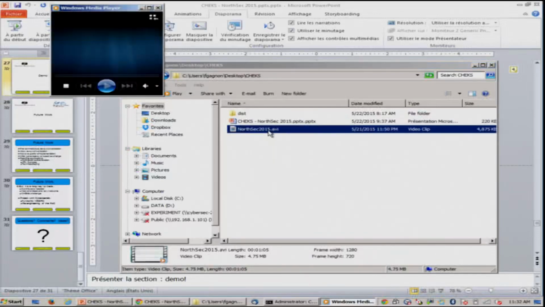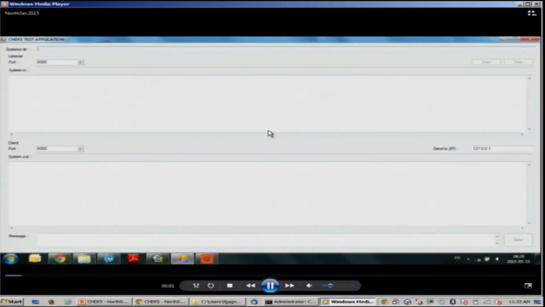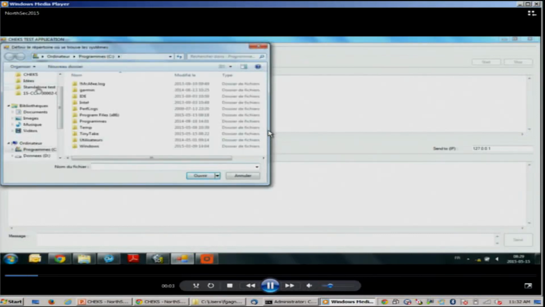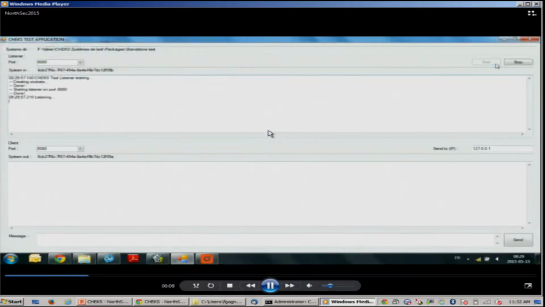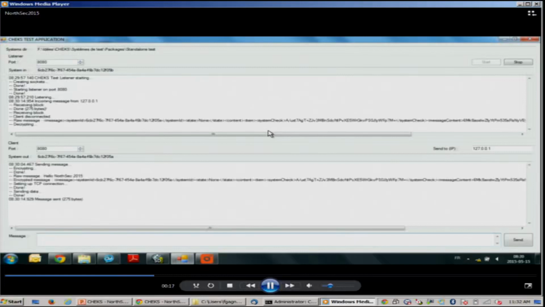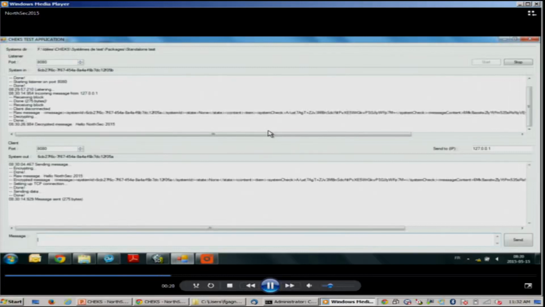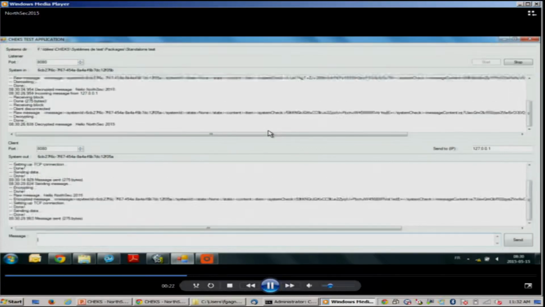We created a very simple test chat application. So we first need to open a system definition, with matching systems. Then we put the listener. Then what we can do is send a message. It's going to be encrypted, decrypted, and if we send the message a couple of times, like the second time,